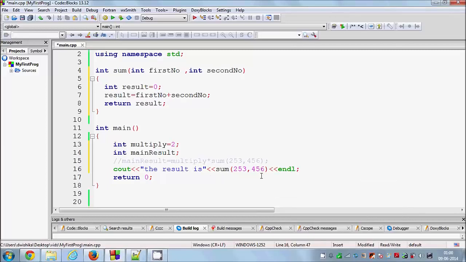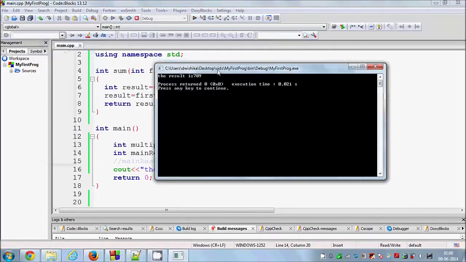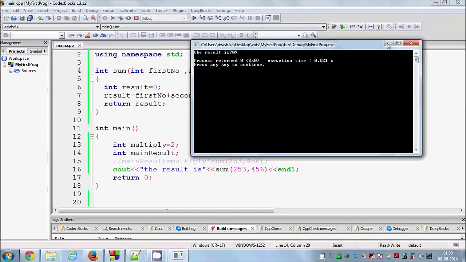Okay, so what this will do is, this will call this function, add these two values, and return the result in here. So returning the result means the sum will be printed here. So for example, I compile this program and run it. It will show me the sum of these two values, right?